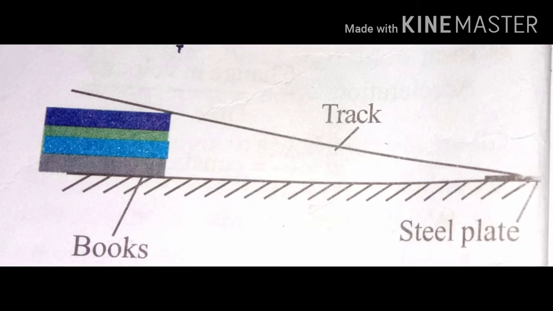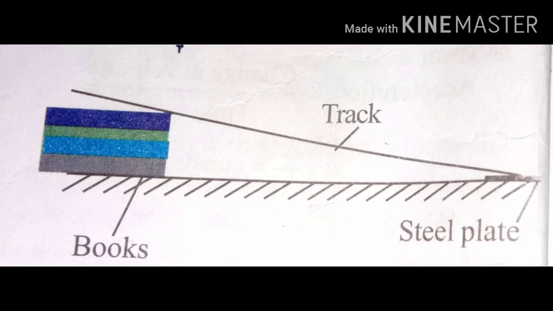The other end of the track must be down, and near this second end, place a steel plate. When the marble you have placed rolls down the track and comes to the bottom point, it will strike the steel plate. In such a way, you will also use the digital clock. This is the way to set up everything, and now we will go to the procedure.